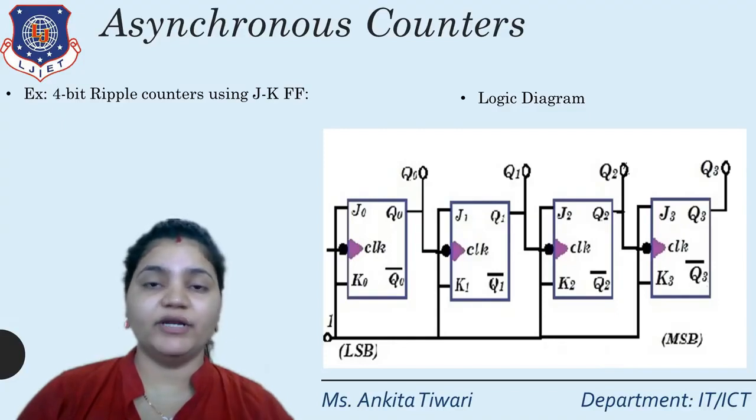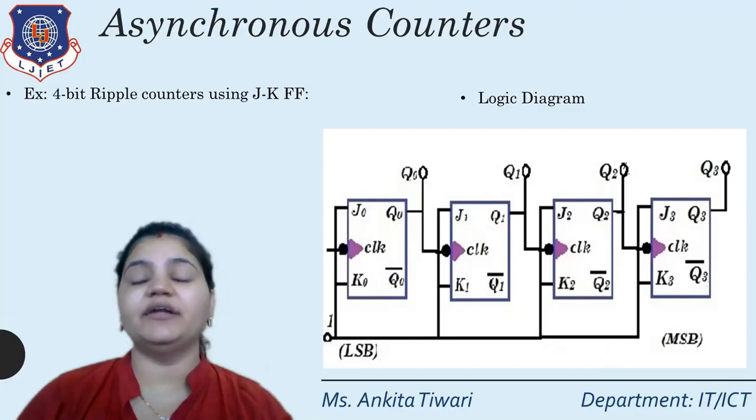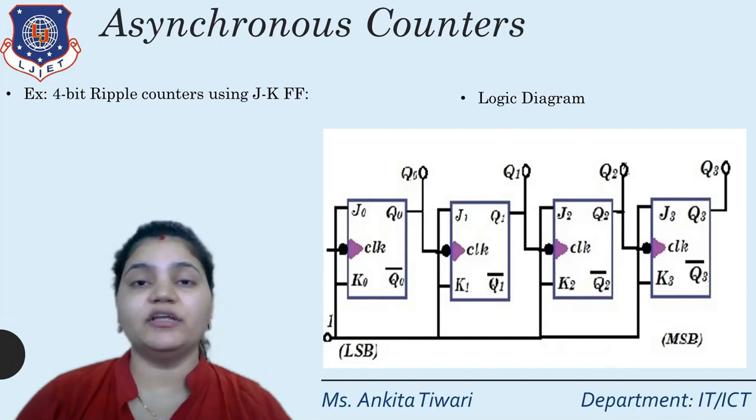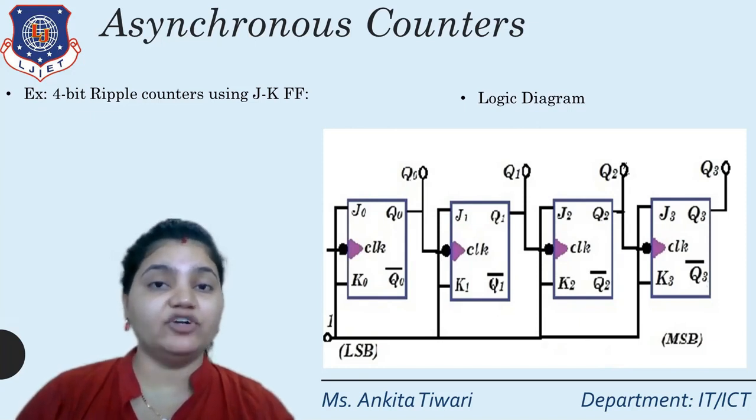Initially, we'll normally put the clock pulse in the first flip-flop. Now we know that the next clock pulse is dependent: the next flip-flop's clock is dependent on the output of the previous flip-flop. So here the Q0 value will be taken into consideration in order to trigger flip-flop 2. Here Q0 goes from 1, where 1 means Q0 and 0 means Q0 bar. Here we will take 1 to 0. So Q0 going 1 to 0, by a bubble gate, is inputted to the next flip-flop.